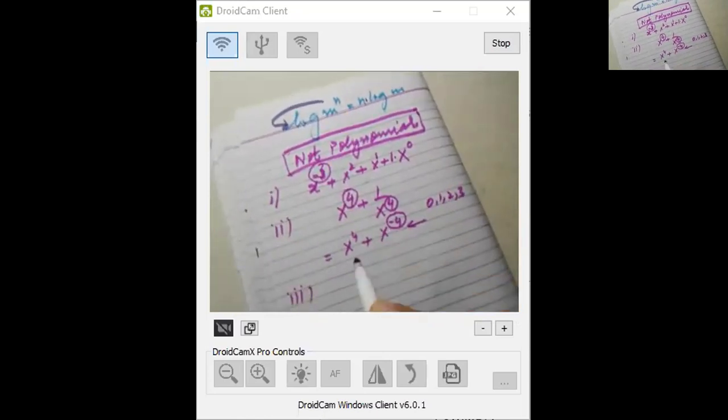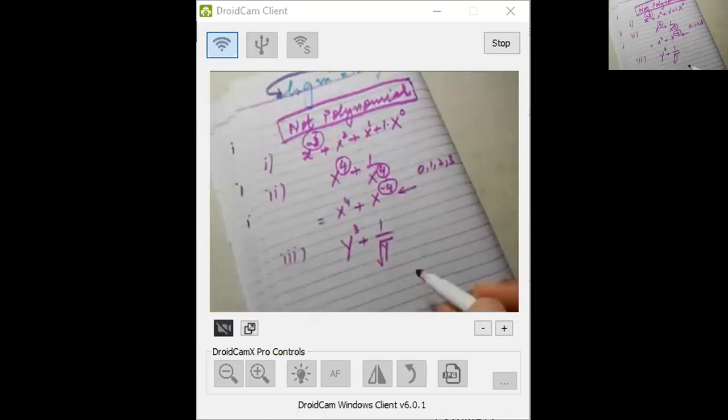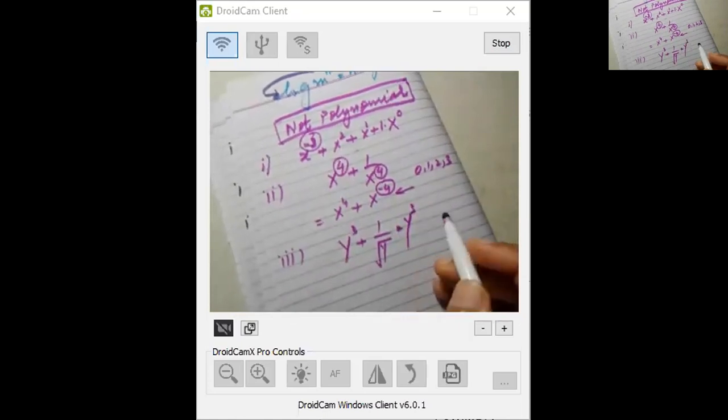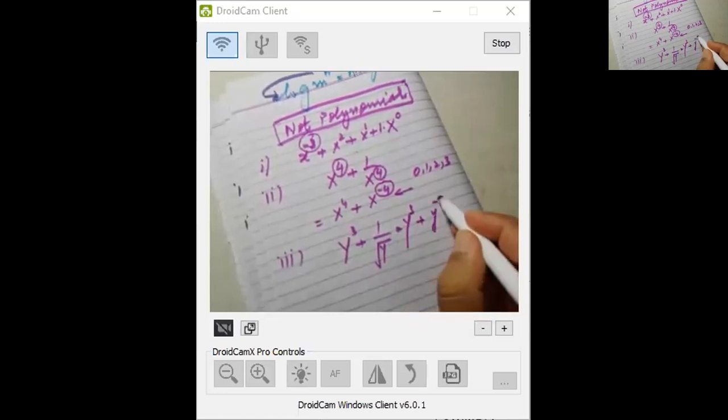One more thing I want to add, a few examples. Like if we have y cubed plus 1 over radical y. Because of this fact, y raised to power 3 will be no problem for us. But when we shift this y raised to a power, either you shift or you don't shift, it will become in the form of a fraction.